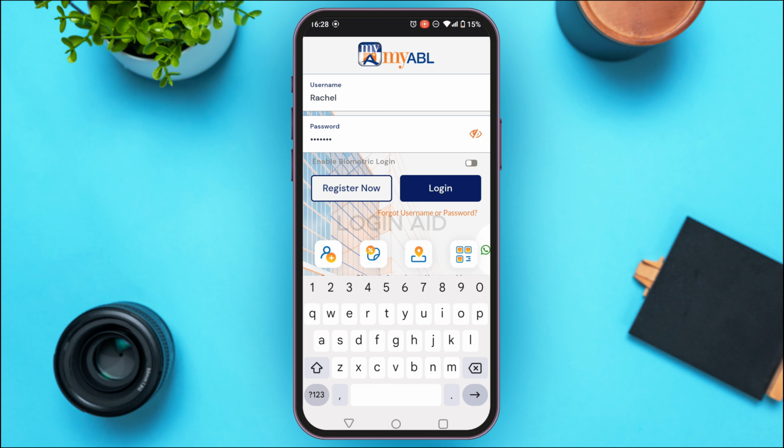Now, after entering the credentials, what you have to do is tap on the login option that you can see on the screen. After that, you'll be logged into your account. So that is how you log in to my Allied Bank